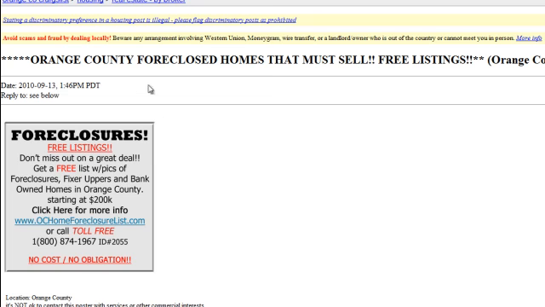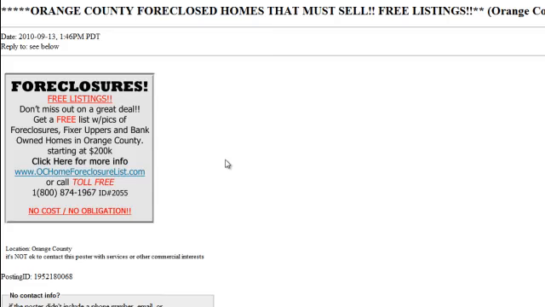Alright, so here's this ad right here. Orange County foreclosed homes that must sell, free listings. Then it pulls up this image that says, don't miss out on a great deal, get a free list with pics of foreclosures, etc. And it sounds really good. Or call toll free. And that's good that there's a toll free, but we're talking about websites only. So if I'm a consumer and I click on this ad,